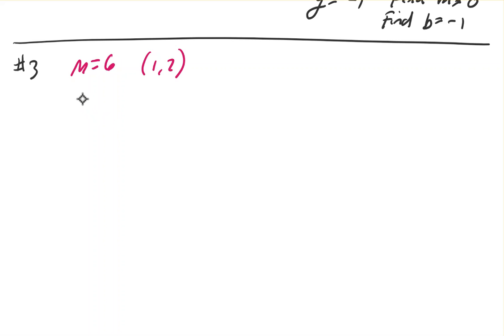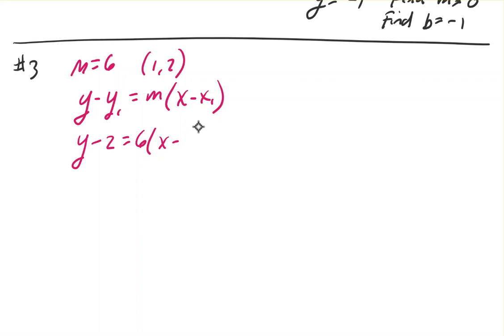So we start off with y minus y1 equals m times x minus x1. Replace what we got, equals 6 times x minus 1. And then work it out, and we get y minus